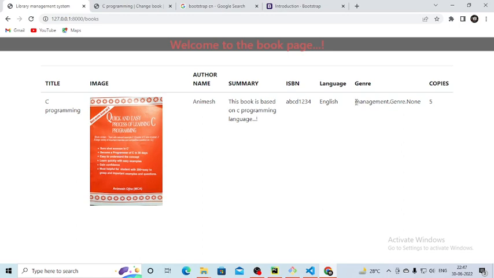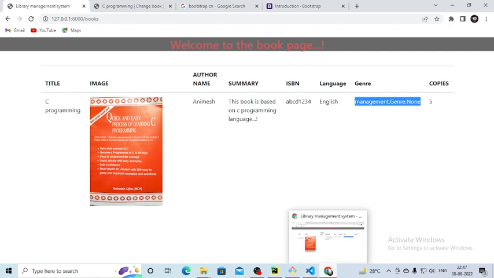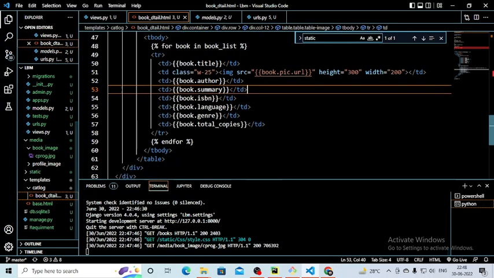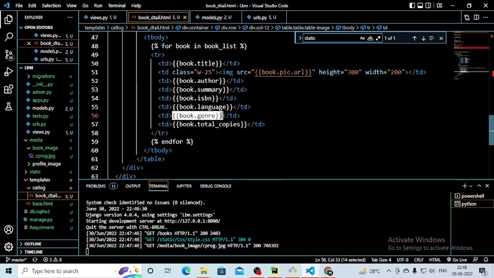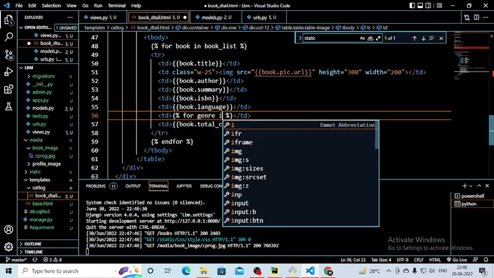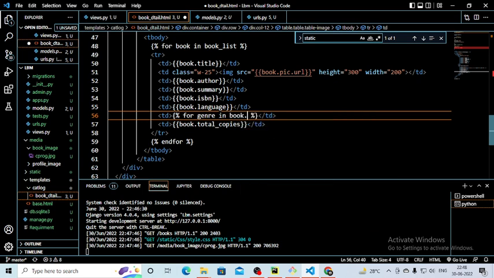Now the second thing is that I have to mention this part, right? So now let's see what I have to do here. Okay, so go to the coding part and here you just have to delete it, and then first you have to run the loop. So percentage for in book dot genre dot all, okay,